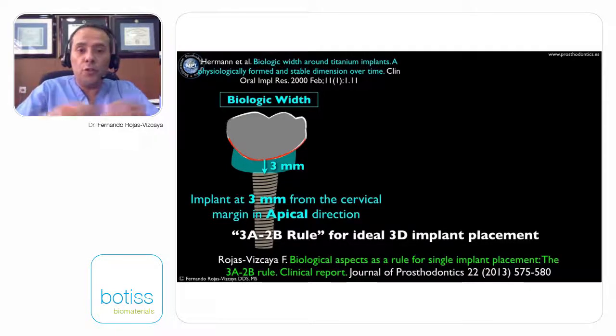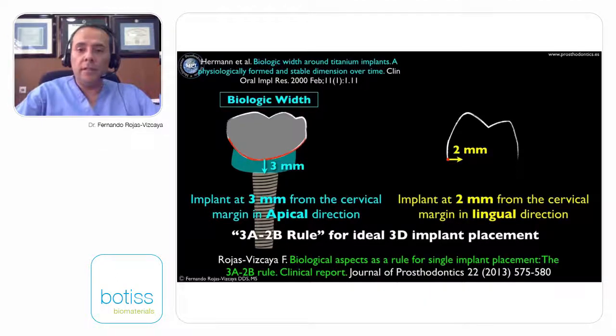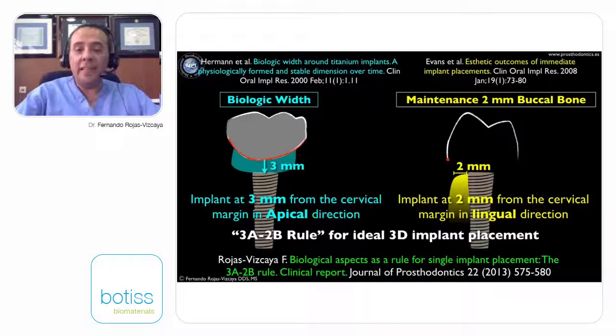So once I open, if I can place the implant at 3 mm from the margin, this is the dimension of the soft tissue. When I suture again, the soft tissue will be at the same level. And also, we need to place our implant from the margin of our new crown in a lingual direction at 2 mm. But why at 2 mm? Because once you place your implant, the reality is that you need to